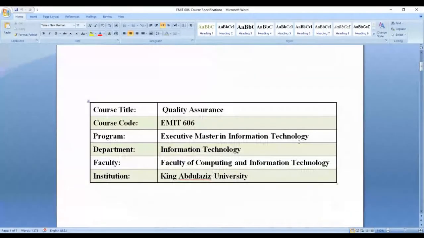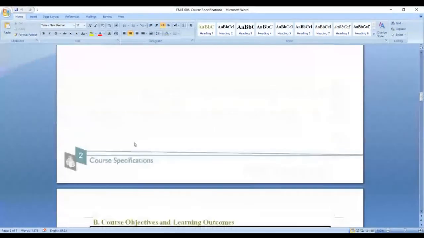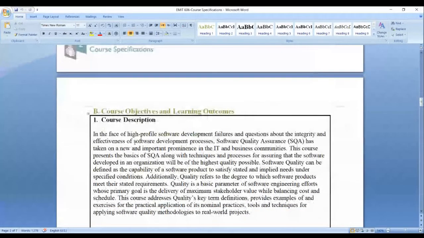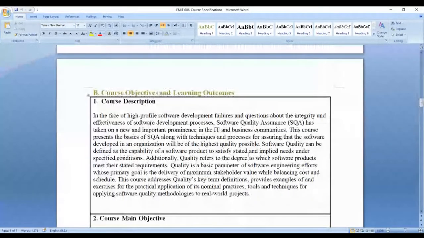Let's have some discussion about the content of the course. Can you hear me? Okay, great. So our course name is Software Quality Assurance and code is EMIT 606, and we are going to have a 5-hour session after every week break. So course description: